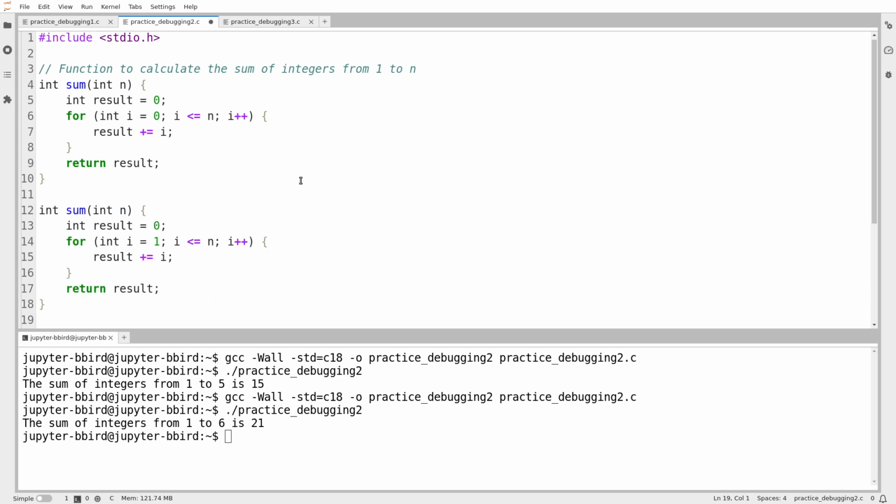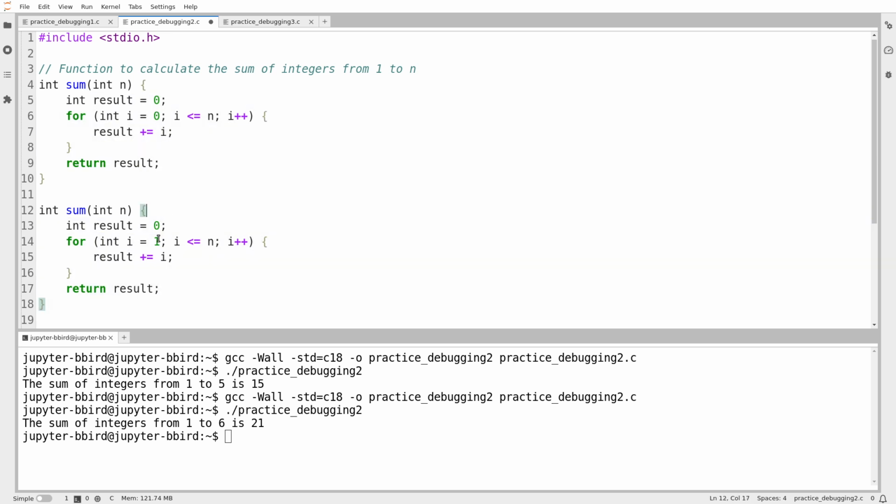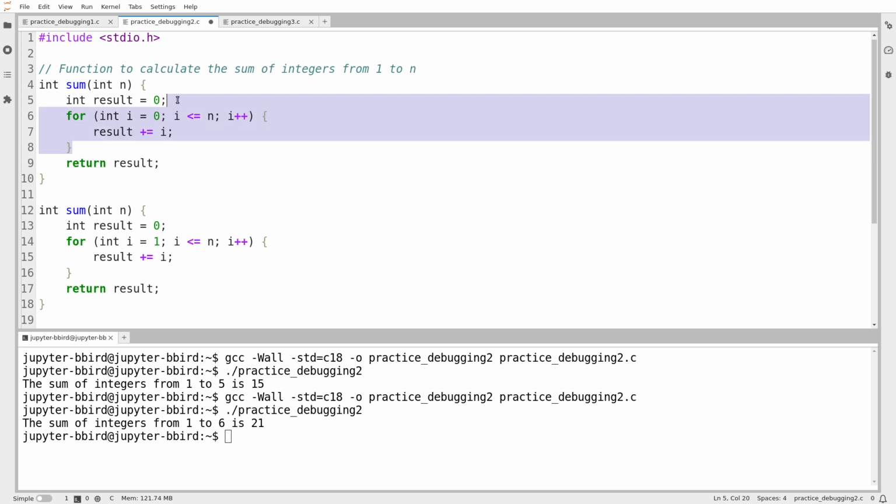And if you stare at it for a minute, it looks like my theory was correct. The only difference that I can see between this version and this version is this initialization. I do not consider this to be a bug, and I think you might agree with me on that front. It's true that yes, this loop is running for one step longer than it absolutely needs to, but